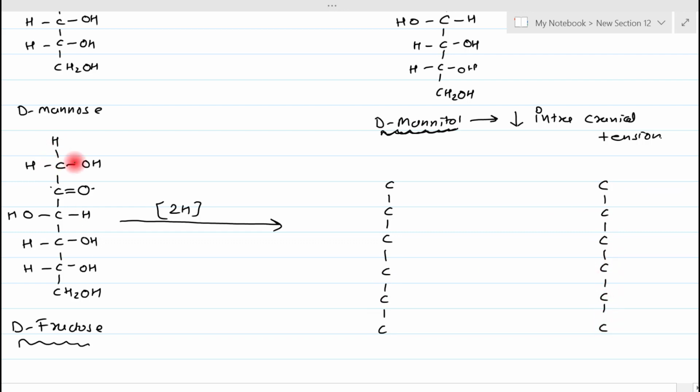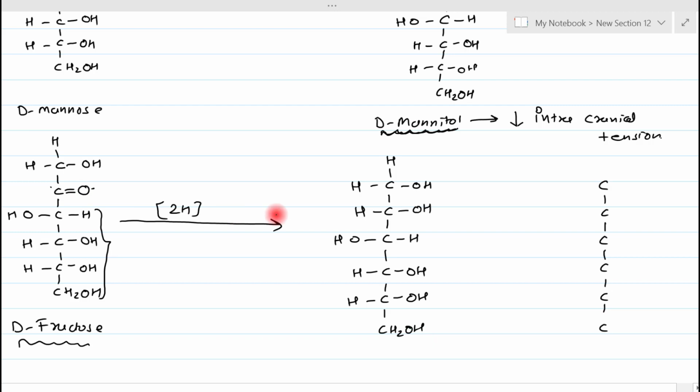So see, this carbon is unaltered, so it will remain OH, H and H. Now one hydrogen is added to this oxygen and one hydrogen is added directly to this carbon. So OH is on this side and hydrogen is added directly on this side. The remaining things stay the same: H on the right, OH on the left. On the 4th and 5th, OH is on the right side and H is on the left side, and the terminal CH2OH. But in the second possibility, what will happen?